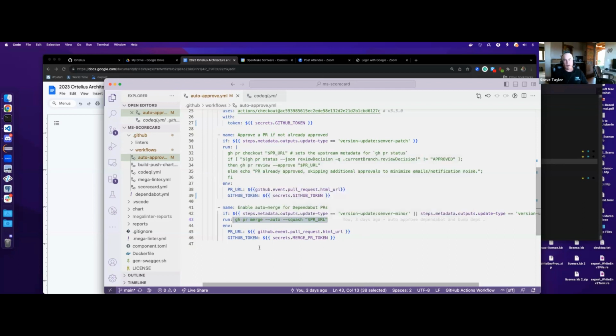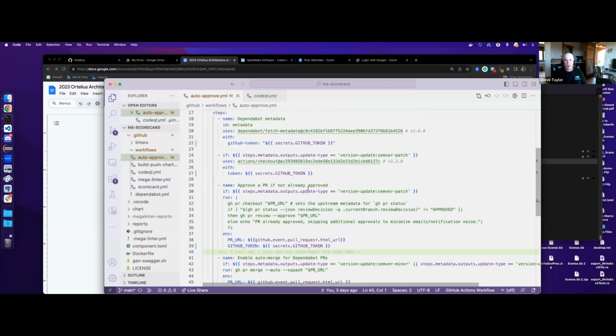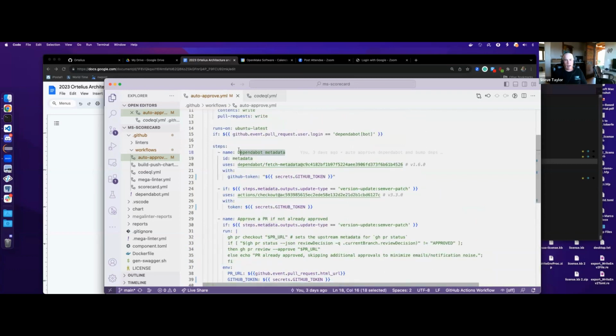When I started looking at this, it was like, all right, we're doing a lot of work manually on our repos. We really just need to look at the major releases manually and let everything else happen. The one thing I'm running into that's really weird is this step is failing because of some weird token issue.